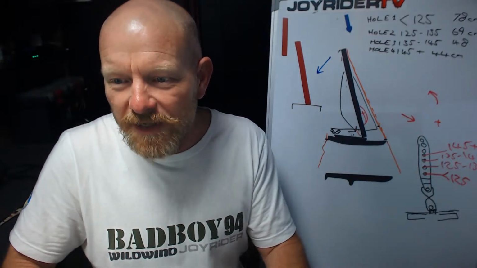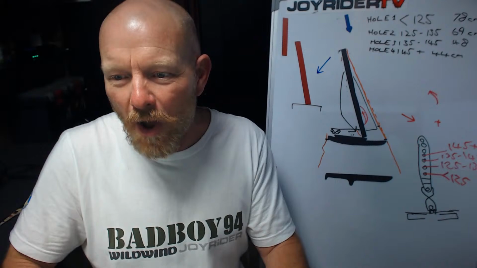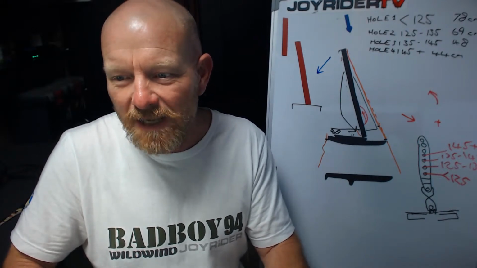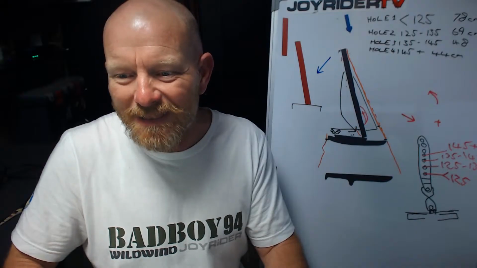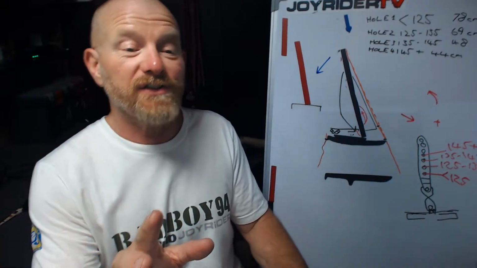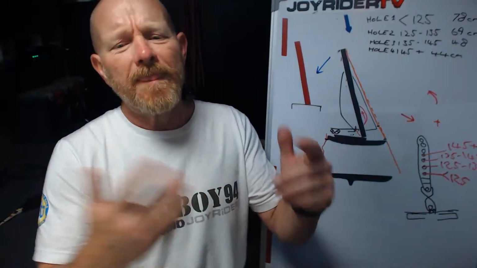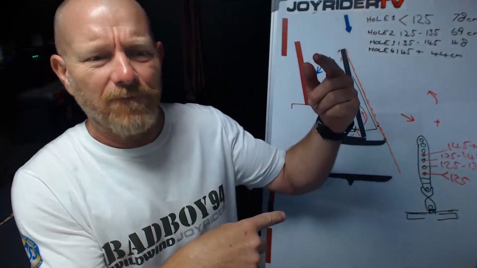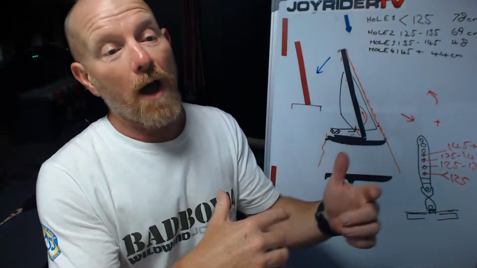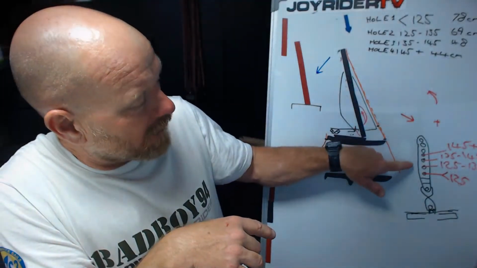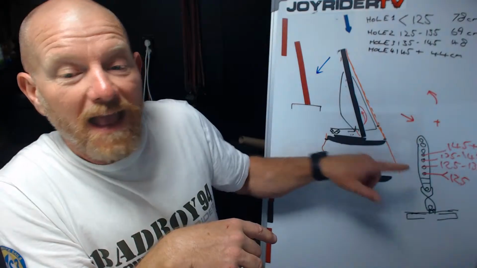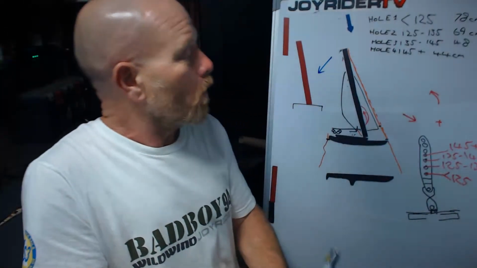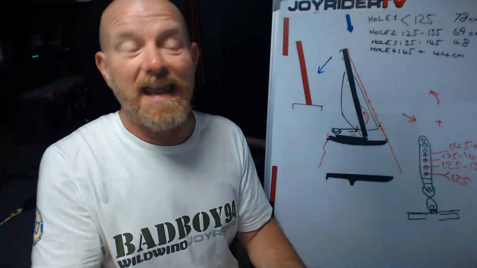Scott says, I find it difficult to step and unstep the mast when in hole 3 or less due to the mast step link. Yeah, I would have to ask Scott the question. What can happen is, depending on how the lengths of your rigging line up, if you are putting the mast down quite far, it can actually make your rigging quite tight, which is why with the Hobie 16s that we're using here